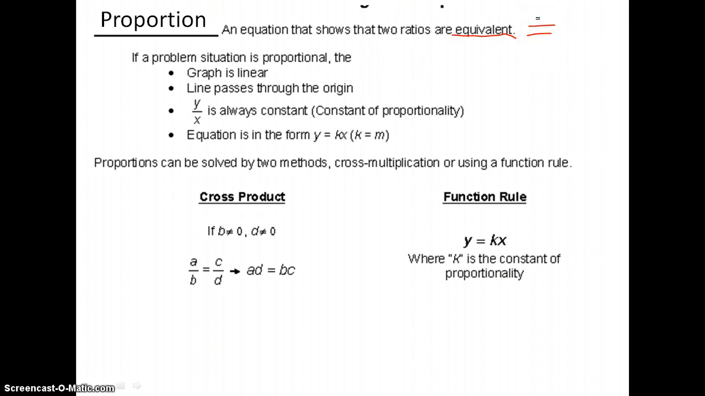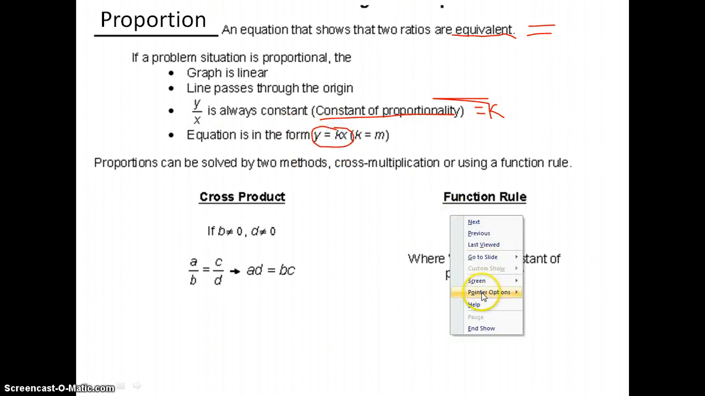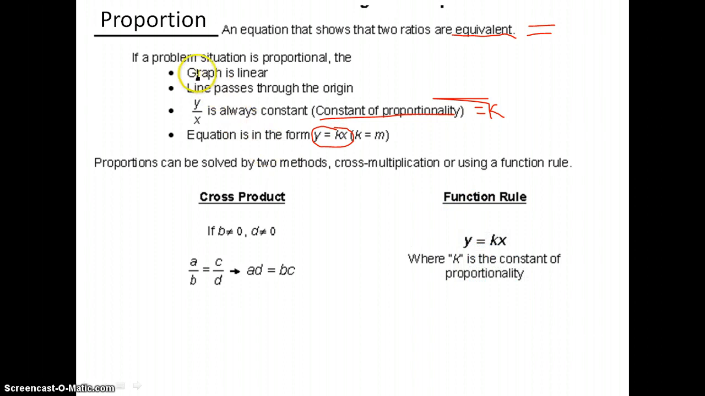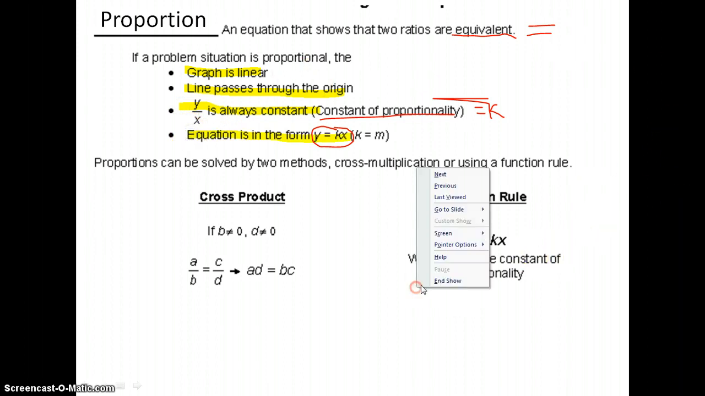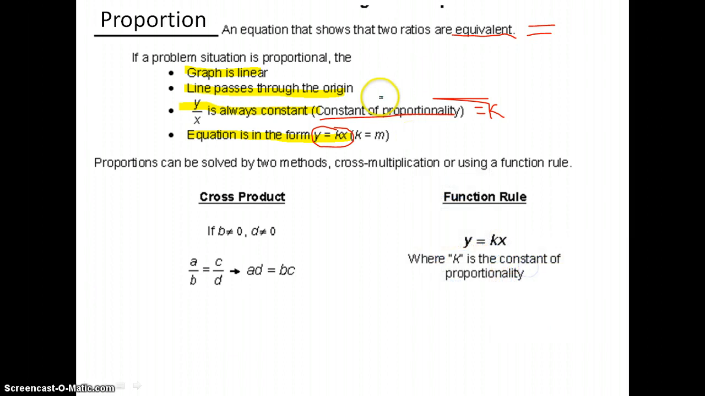Equivalent just means equal. If a problem is proportional, then the graph is linear, the line passes through the origin, y divided by x is always constant, so it's your constant of proportionality, which is just k. And the equation is in the form y equals kx. So remember these things. These are very important characteristics of proportion. So make sure that you understand these four things. Okay? And it always passes through the origin. Remember, the origin is just 0,